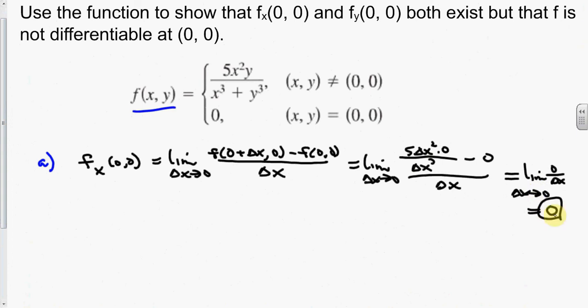Because 0 gets to 0 quicker than delta x as delta x goes to 0. And so the partial of f with respect to y at the origin is equal to the limit as delta